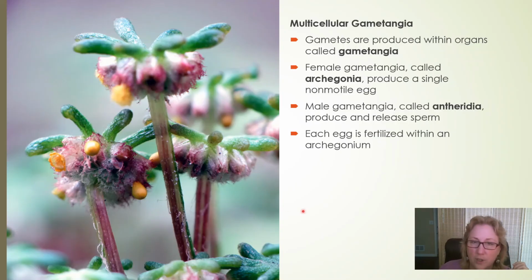This is a liverwort. Liverworts are weird plants. They don't really look very plant-like. If you see them, they don't have true leaves. They look kind of like green blobs with these weird structures coming out of them. These structures, this is on a female liverwort. So in liverworts and mosses, the gametophyte is dominant. That's the green plant that you see is gametophyte.